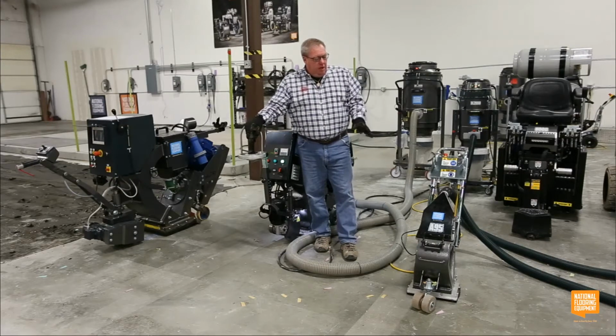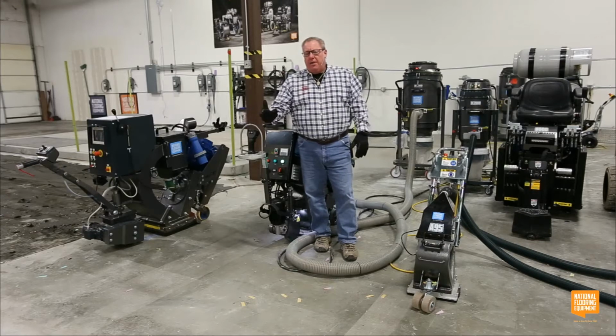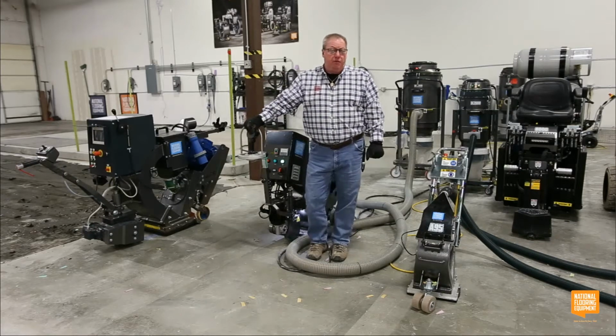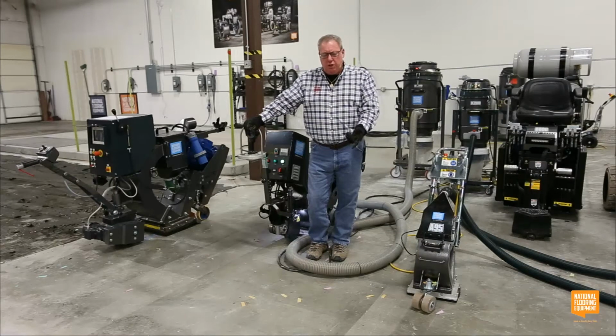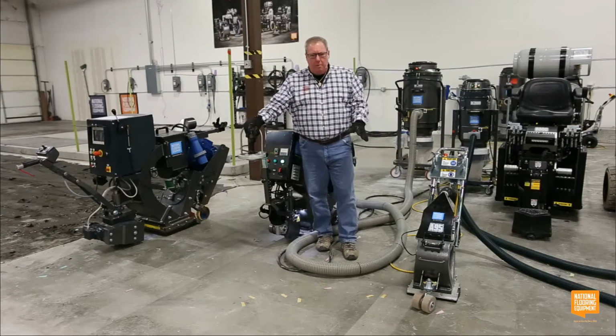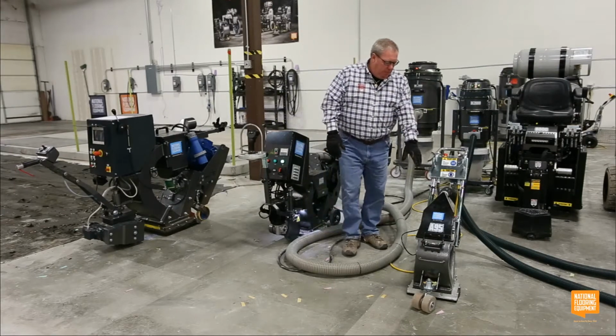This machine, I can blast about 400 square feet an hour at the max. That's pretty amazing. Most guys are probably averaging about 250 to 300 because you actually want to profile it. But in some of the softer concrete situations, I could certainly knock out 400 square feet an hour in certain situations. I'm going to do a quick demo, but before I do the demo, I want to point out that